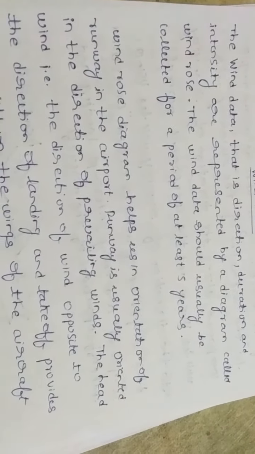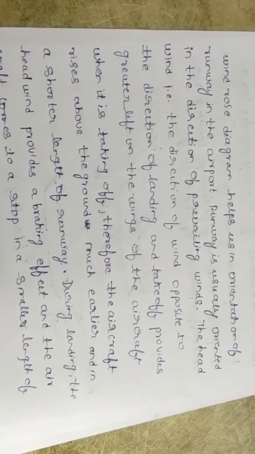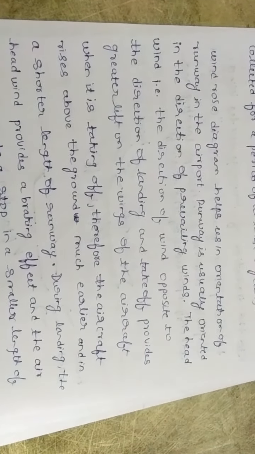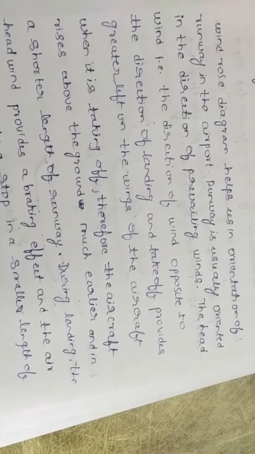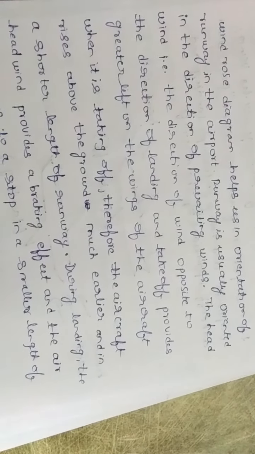So now when we talk about the prevailing winds or existing wind at that particular place, it is very important that we know some technical terms. So that is headwind, crosswind component, calm period, wind coverage. Okay, these are a few of the technical terms that we need to take care of when we are going for the orientation of the runway.